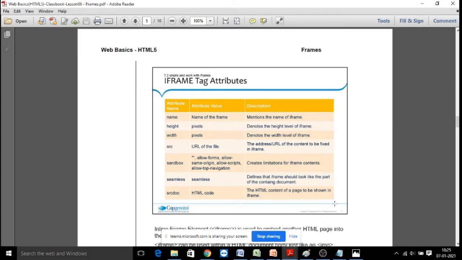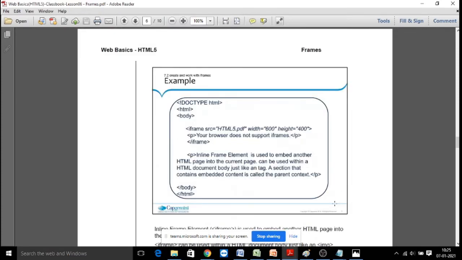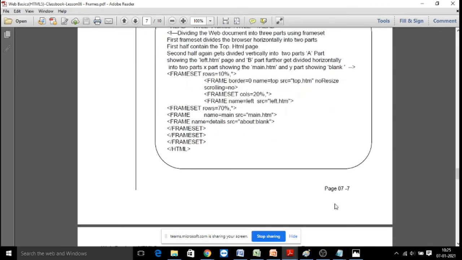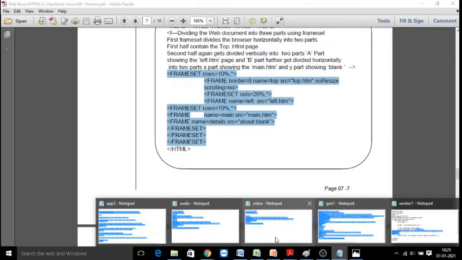Create one page inside another page, one window in the other window. This frameset rows means the total screen is divided into 2 rows. One row is 10%, and the remaining 90% will go to the second row. And in that you can make a number of frames inside. This you can try to practice. It's a PDF, right?